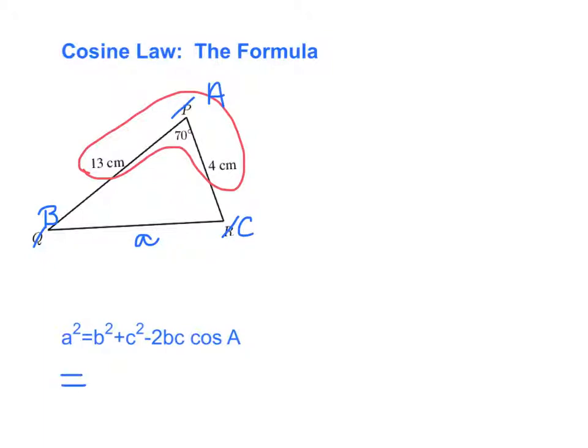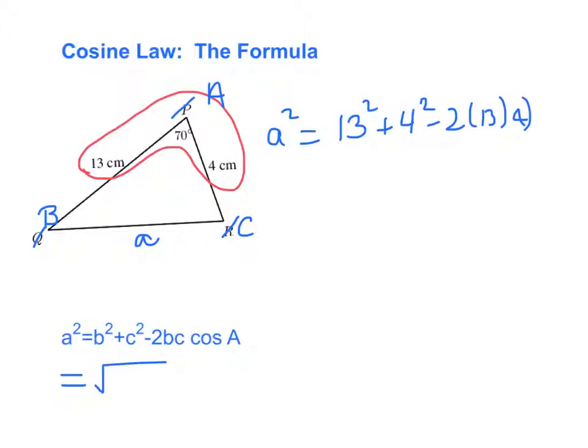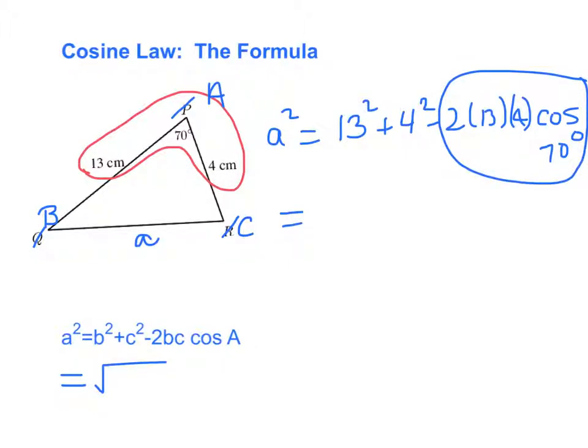Now, the next thing is always write down the square root while you're working through the question, because oftentimes it's a long formula, and when we get to the end of it, we forget to take the square root. So always put that down as a friendly reminder to yourself. So let's figure it out. A squared is equal to 13 squared plus 4 squared minus 2 times 13 times 4 times the cosine of 70 degrees. I apologize, it doesn't fit on one line. So please put this into your calculator in one go, and then add on 13 squared plus 4 squared, and you should get the square root of